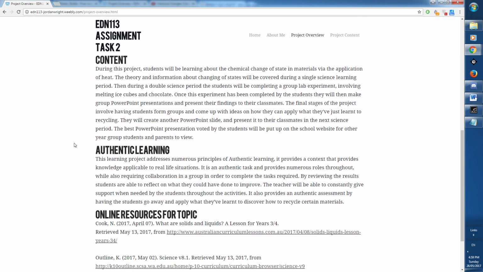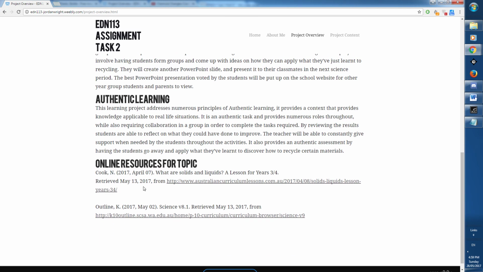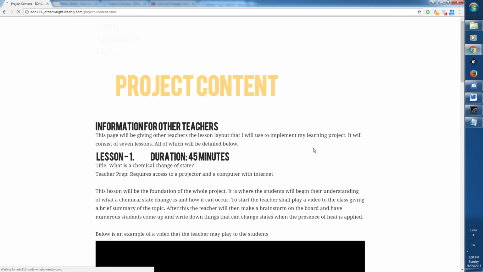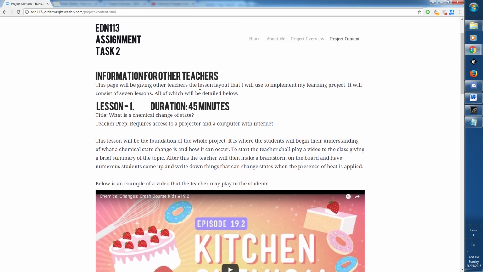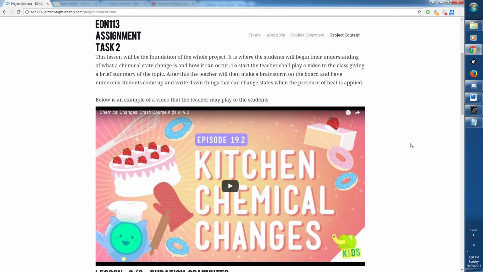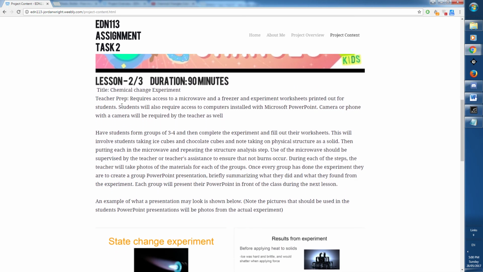It's got the content on here, the authentic learning, and some resources. And then the last page is the project content, which has each lesson broken down bit by bit. The first lesson will just be a brief touch, teaching the students the foundations. And then the next lesson will be the experiment that they run, which will teach them some of